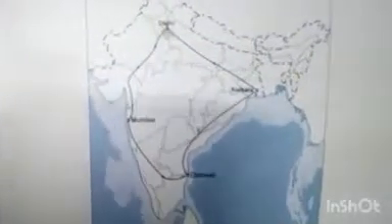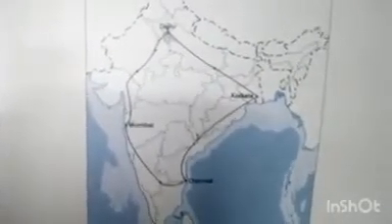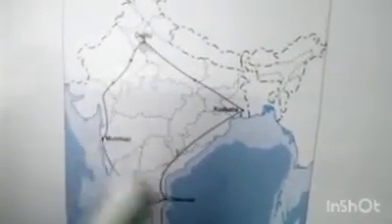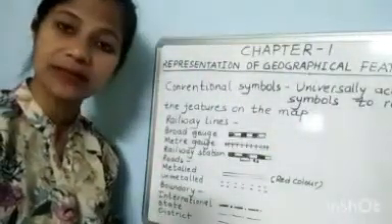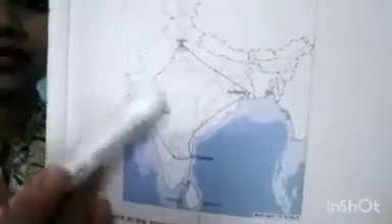Okay, question is there. On a political map of India, the scale is 1 centimeter is to 300 kilometer. How much distance will a cyclist cover who is cycling from Delhi to Mumbai, Chennai, then Kolkata, and again Kolkata to Delhi? We have to find out the distance which the cyclist covered. For this you can see over here, the path is not straight.